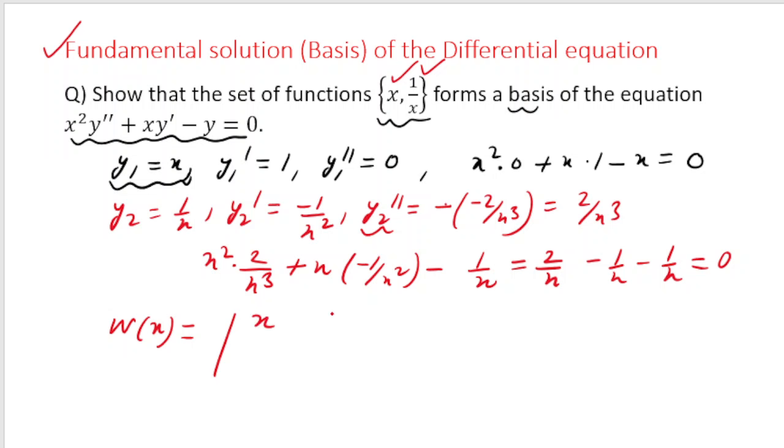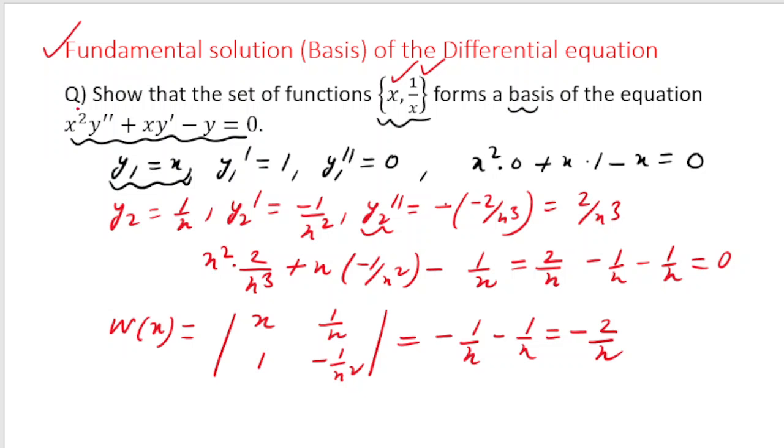We take the functions x and 1 by x as the first row, and because there are just two functions, it will be a 2 cross 2 determinant. So I differentiate x, I will get 1. I differentiate 1 by x, I will get minus 1 by x square. So if I simplify it, x into minus 1 by x square, that is minus 1 by x, and 1 by x into 1, so that is also minus 1 by x. So I get minus 2 by x, and it is clearly here given that for this differential equation to be